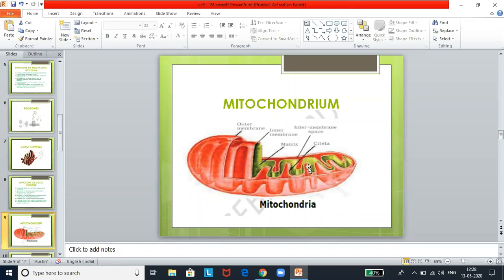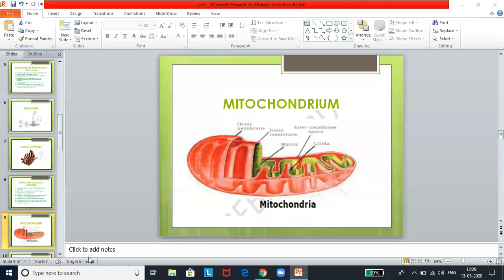Now, mitochondrial matrix contains lipids, proteins, RNA, circular DNA, ribosomes, respiratory enzymes, etc. They have certain regularly arranged particles called elementary particles or F1 particles or Racker's particles. Each particle has a head piece, a base piece, and a stalk. They are semi-autonomous because they have their own internal genetic system in the form of a closed circle of double-stranded DNA without any histones. So this we will be looking at when we are doing the chapter on DNA.